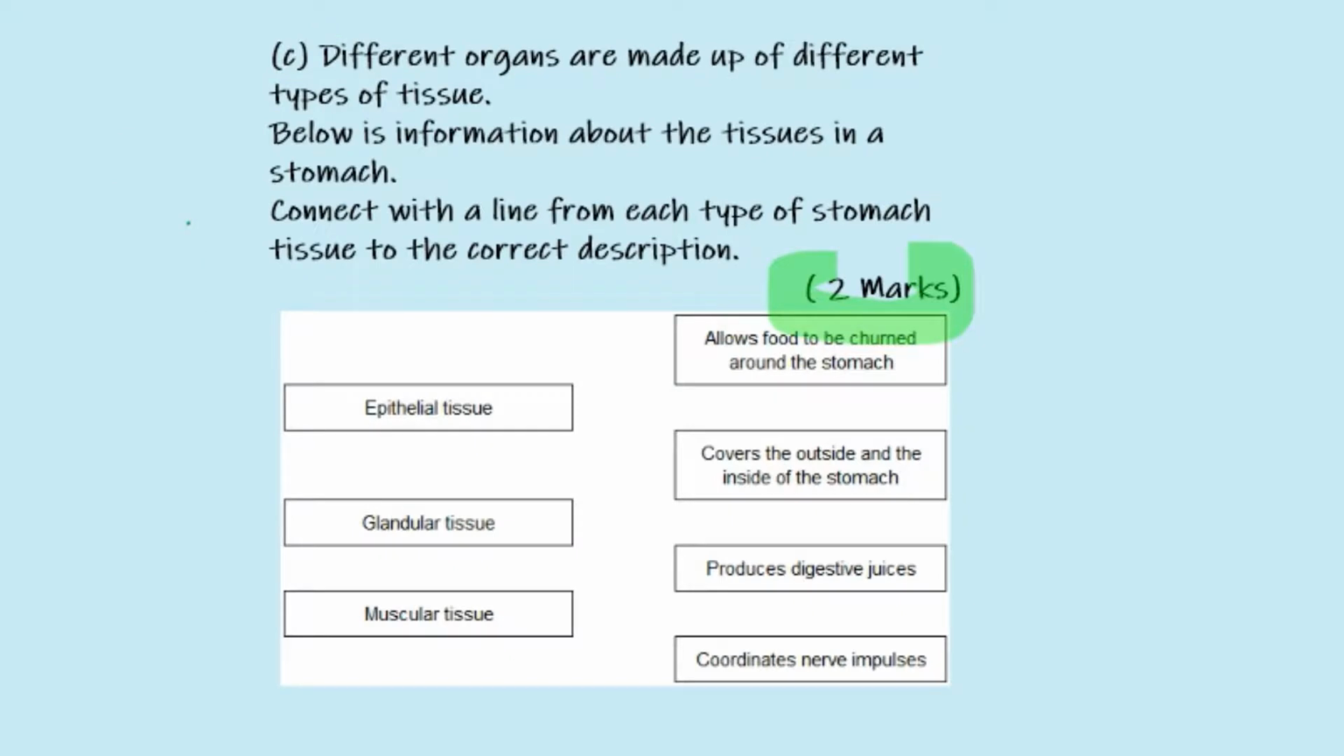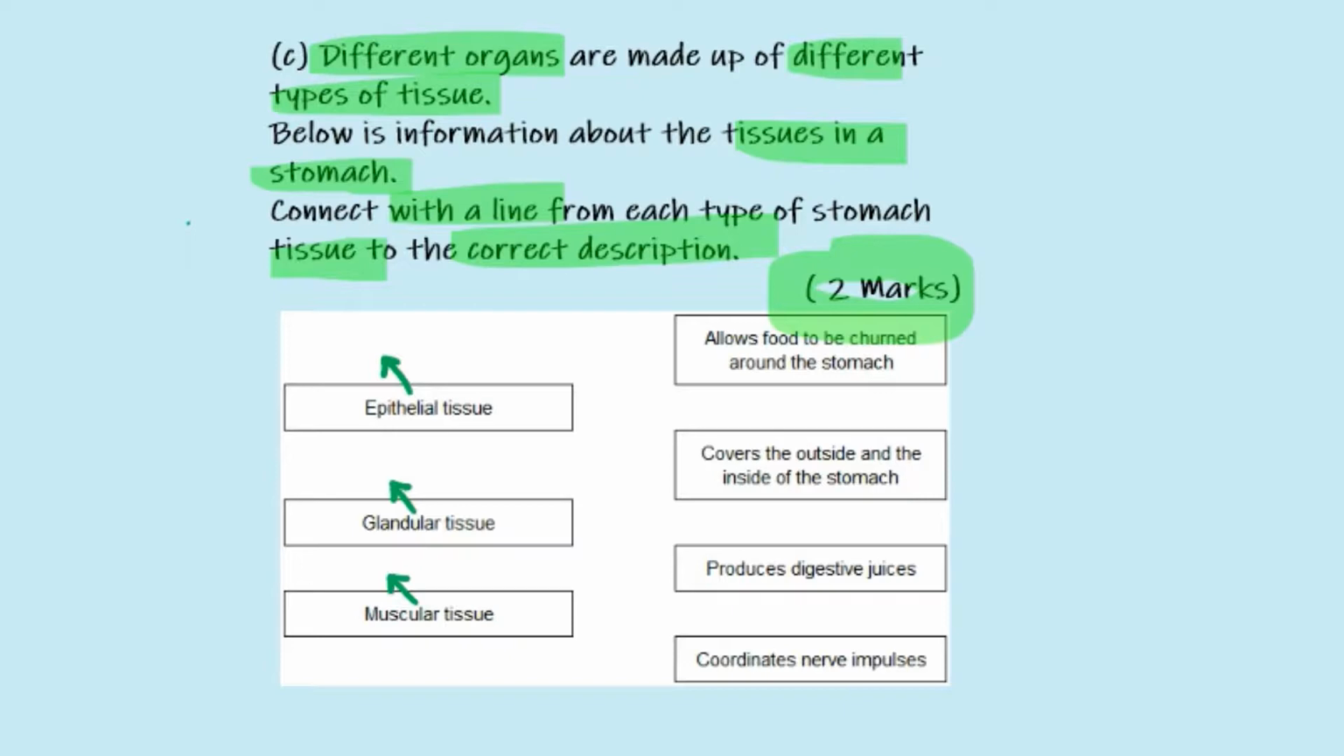Part C worth 2 marks. Different organs are made of different types of tissues. Below is information about the tissues in the stomach. Connect with a line for each type of stomach tissue to the correct description. The options of tissues, we have epithelial tissue, glandular tissue and muscular tissue. Epithelial tissue is to do with lining of the cells. Glandular tissue is usually to do with secreting of substances, and muscular tissue is to do with relaxing and contracting